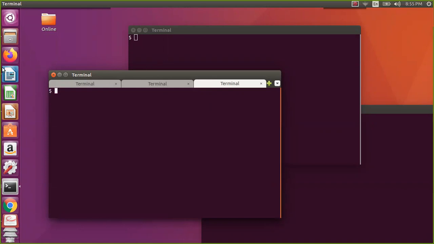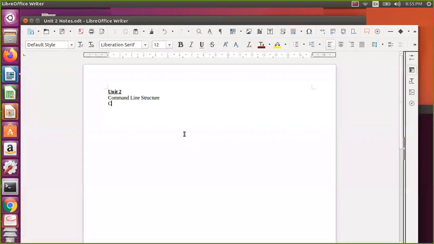So Control Alt T is a terminal. Control Shift T, meaning capital T, is a tab.